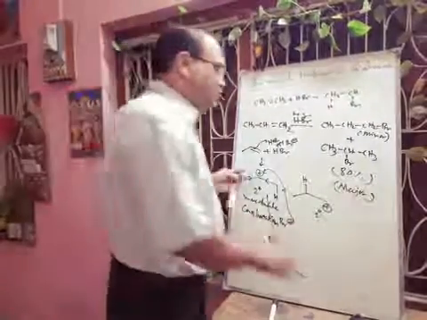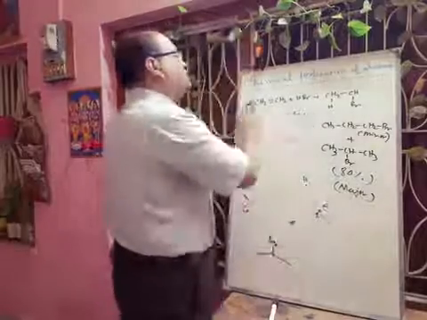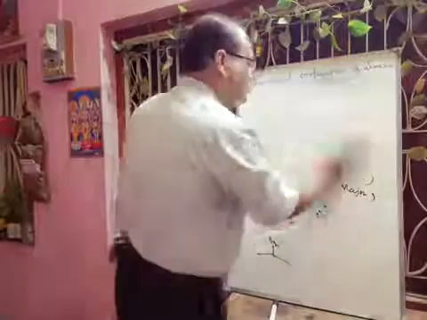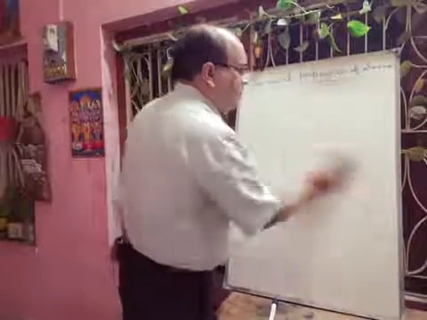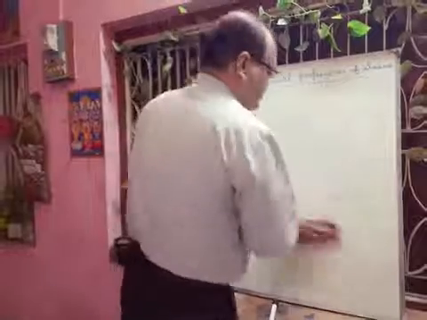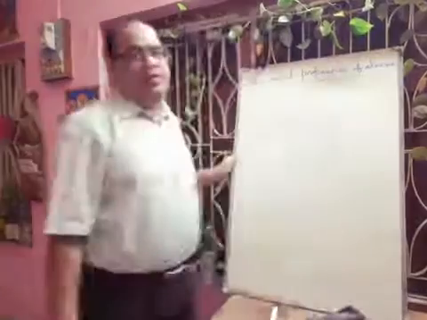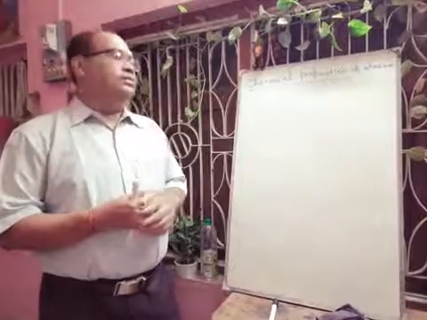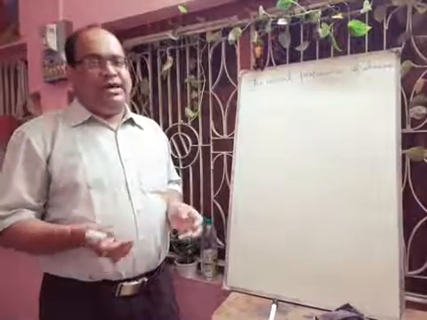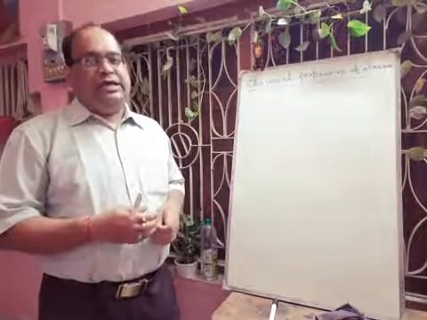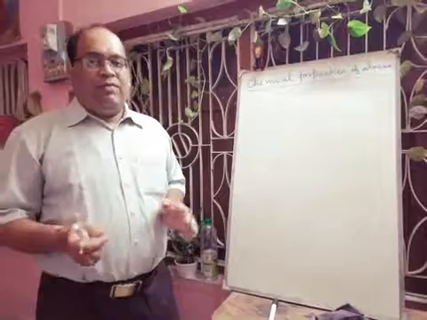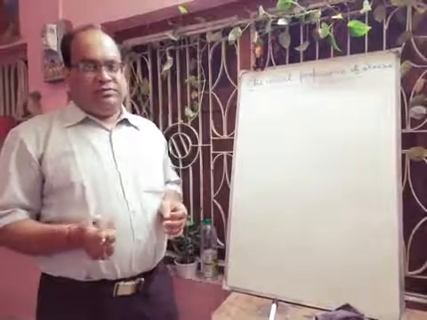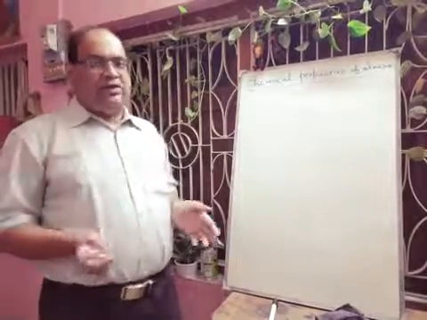Now there is another rule that is called anti-Markovnikov rule or Kharasch effect. Okay, where we use some peroxide. Okay, when we use some organic peroxides, during addition of HBr to an unsymmetrical alkene, then the 1-bromopropane will be the major product. Okay, this is known as the peroxide effect or Kharasch effect.